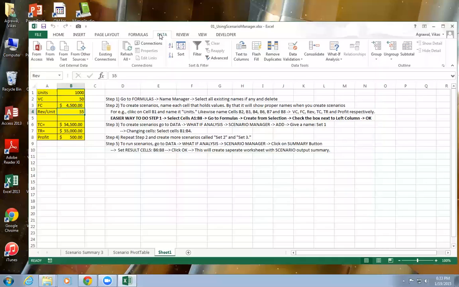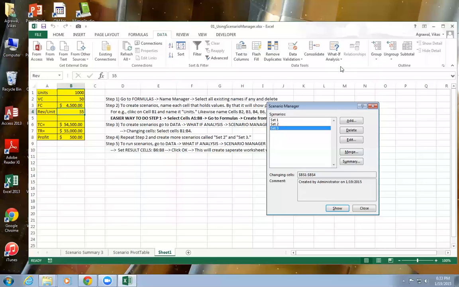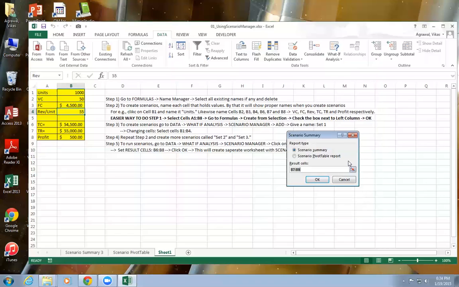So again, I will go to the data, what-if analysis, scenario manager there. Click on summary here, and I want the scenario summary table. That's where we have to change the result cells to B6 to B8.